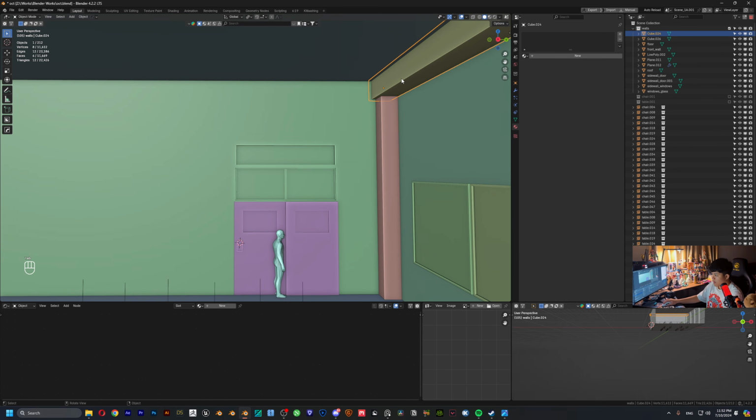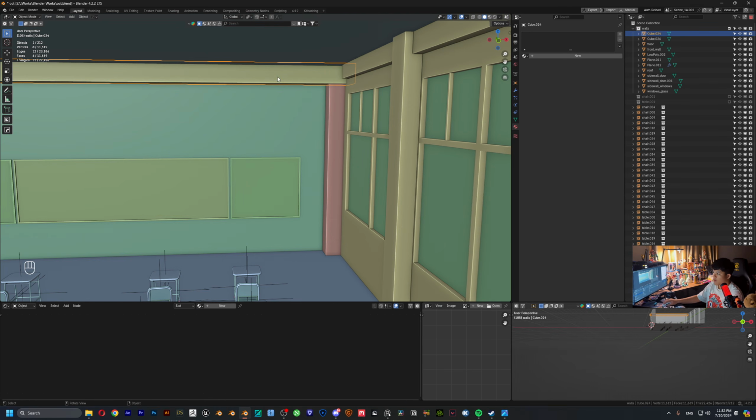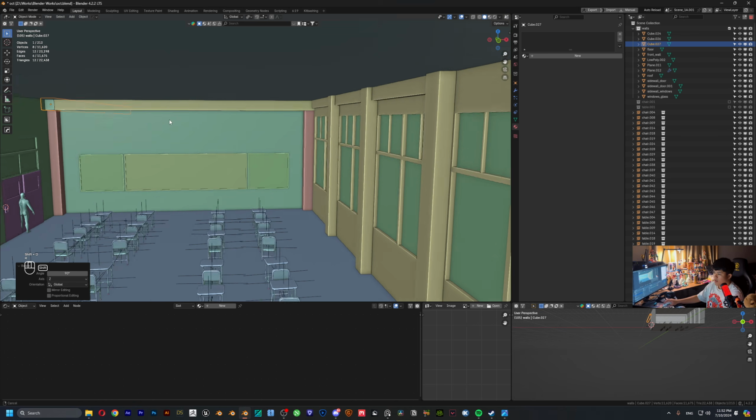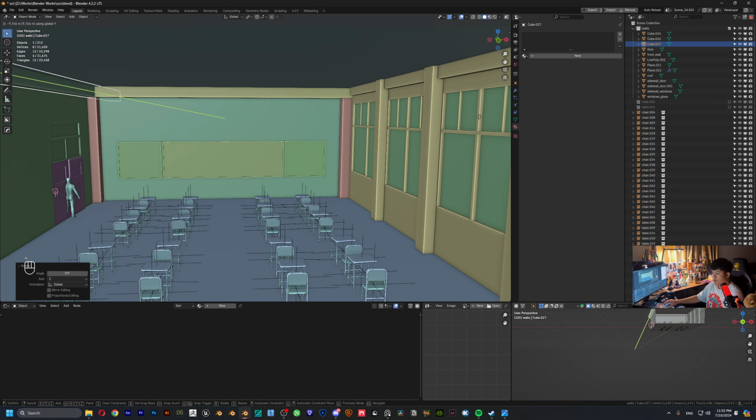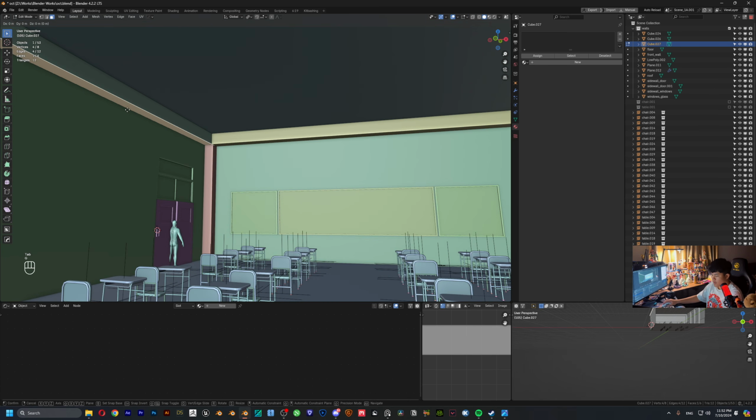And yeah, also you can go Shift D on this top part here. Shift D, R90 and EY, making this one. That's nice. So, you know, just trying to find some ways to make